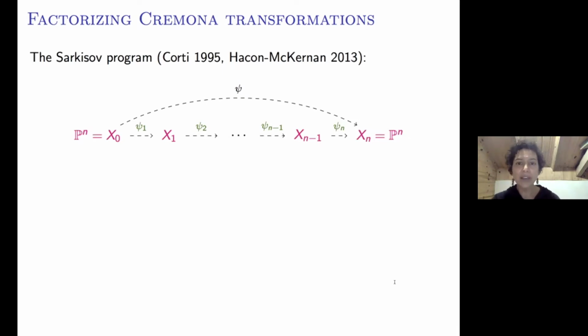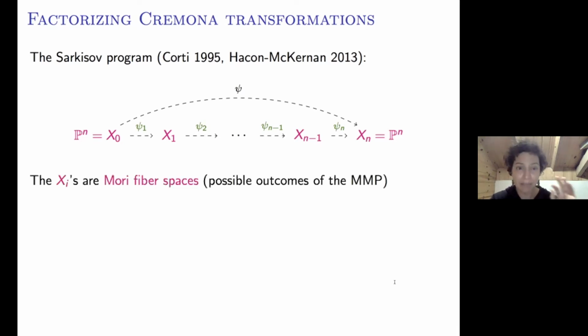So you are given a birational map psi, a self map of Pn. So this is this map on the top. And we do not know generators for the Cremona group, so we cannot factorize them using elements from the Cremona group. But the minimal model program and the Sarkisov program give us tools to factorize this map. But what we do not have, this map psi, so the maps xi, the intermediate varieties are not necessarily Pn.